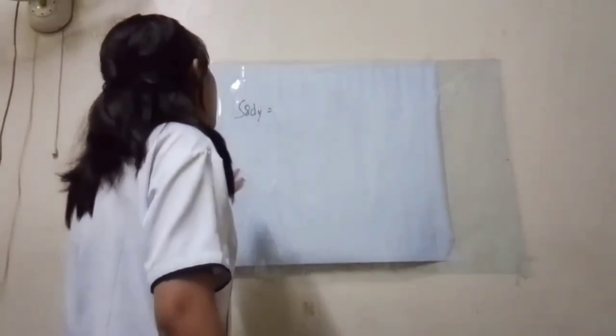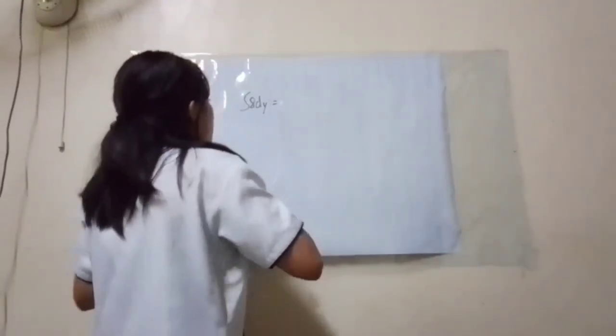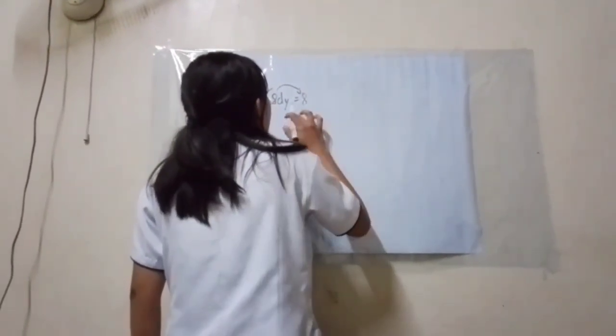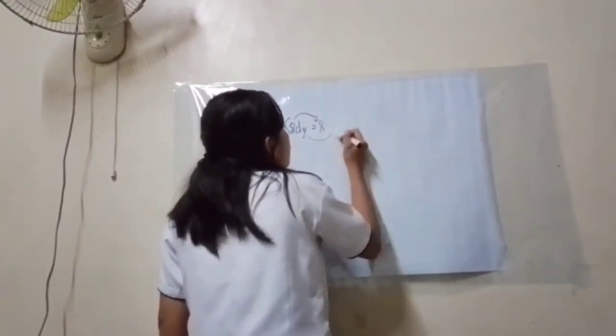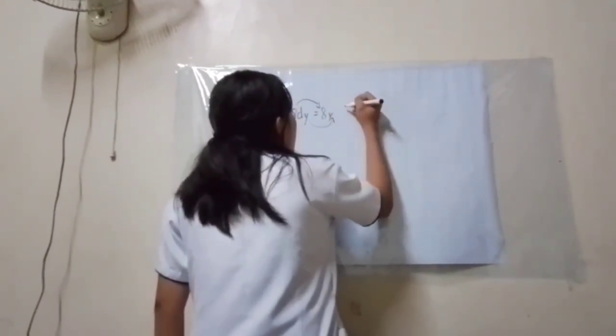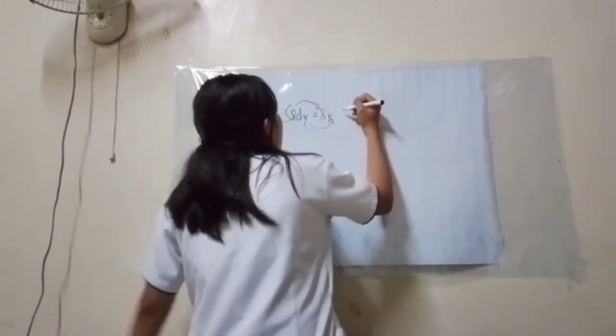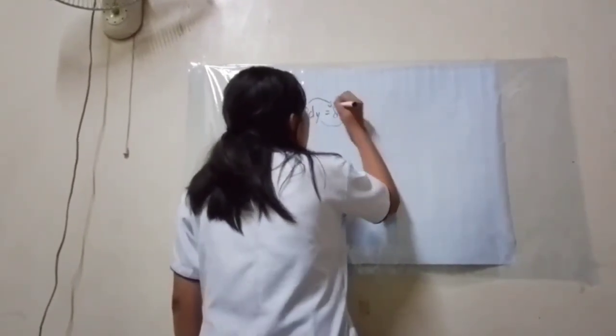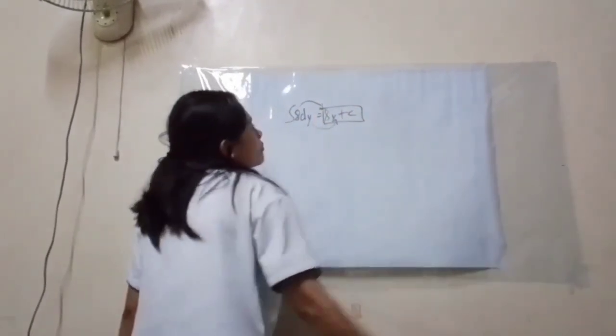Another example for constants. If we wish to find the antiderivative, the integral of 8, the first thing that we're going to do is just put the 8 over here, and then we're going to add the variable, which is the x. Then let's not forget the c, which is the constant of integration. Then that would be the final answer. So next is binomial.